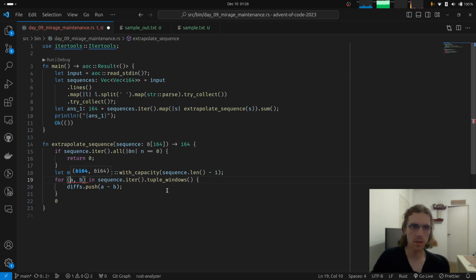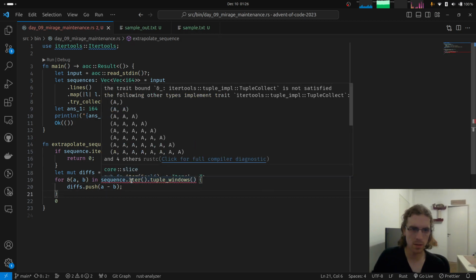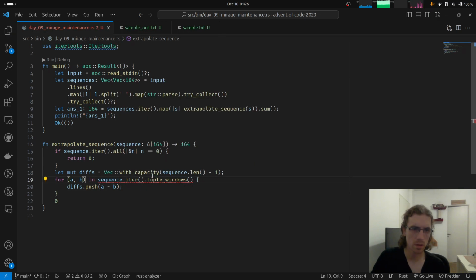Thanks so much, itertools, for these kind of things. So we're gonna have these tuples. We can even dereference, borrow this. Why not? Oh, yeah, because you need to know the size of. Okay, this is fine still. The diffs is going to be, yeah, of the correct type. So okay, we have now the differences, I think, and now